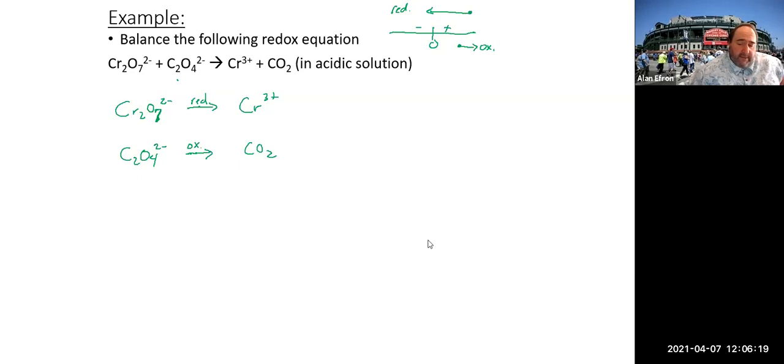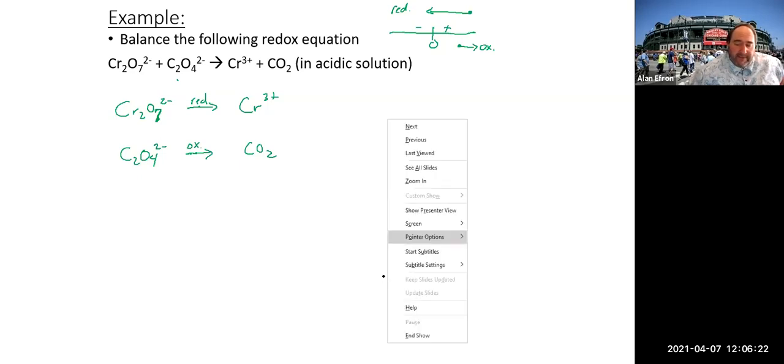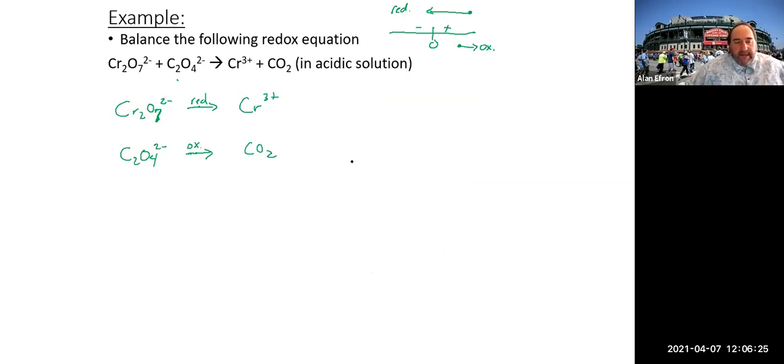All right, so what we want to do here is, as we talked about previously, balance everything other than oxygen and hydrogen. In this particular case, I've got 2 chromiums on the left, so I will need a 2 there. I also have 2 carbons on the left, and that means I would need a 2 there as well. At this point, we now want to balance our oxygens. On the top equation here, we've got 7 oxygens on the left, none on the right. So that's going to be 7 waters. Because we added the 7 waters, we will need to add 14 hydrogens,